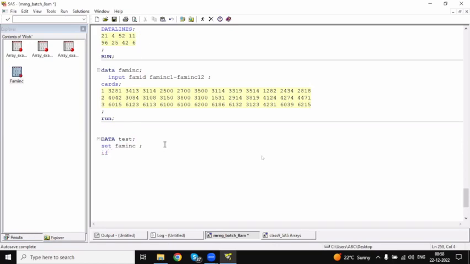If family income is less than or equal to 3,000, display as 1 and